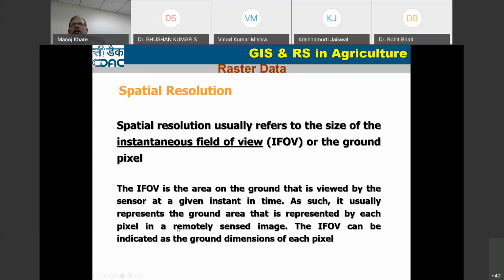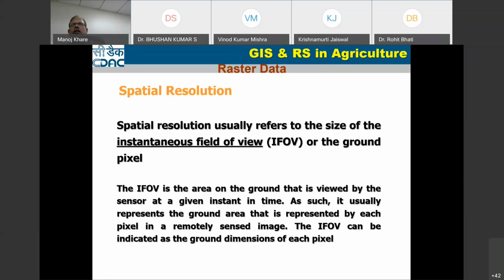As such, it usually represents the ground area represented by each pixel. How much ground area is represented by one particular pixel? That is called the spatial resolution. When we talk about 23 meter resolution, it means 23 meters of ground is captured by that particular pixel.